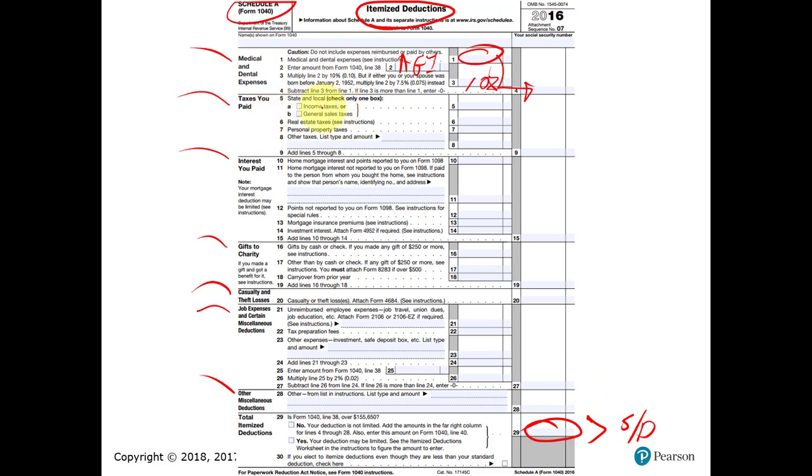Taxes, the main one most of us pay is Hawaii income tax. Some states don't have an income tax, so they may claim the sales tax. We can claim our general excise tax here also, but it's either or, not both. And if you own real estate tax. I mentioned in Chapter 1, Hawaii does not have a personal property tax, so nothing should be here for us. Other taxes,